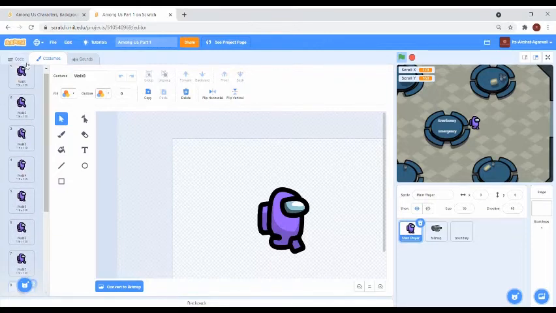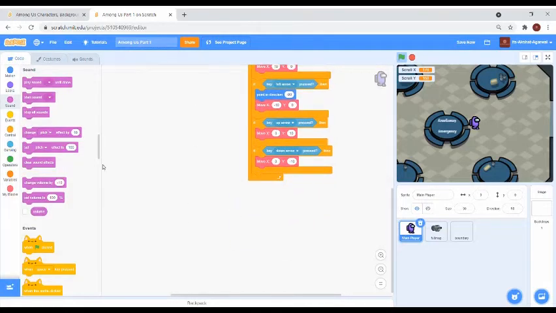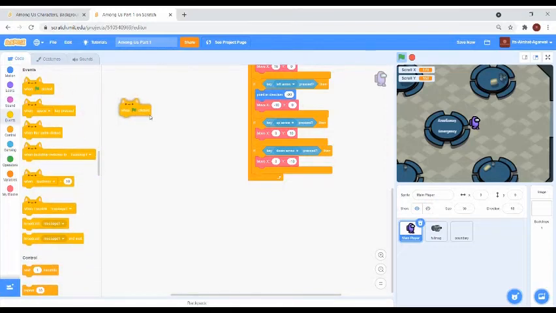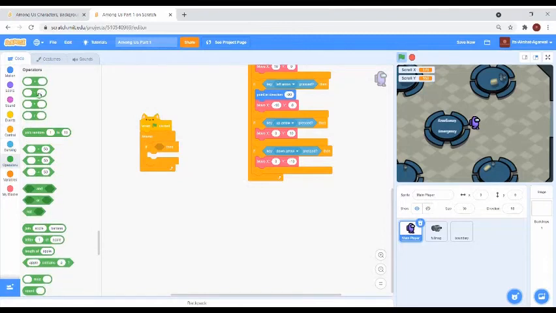So what we are going to do is use the flag block, and then in the forever we will put this if then block, and then we will use the or block 4 times.